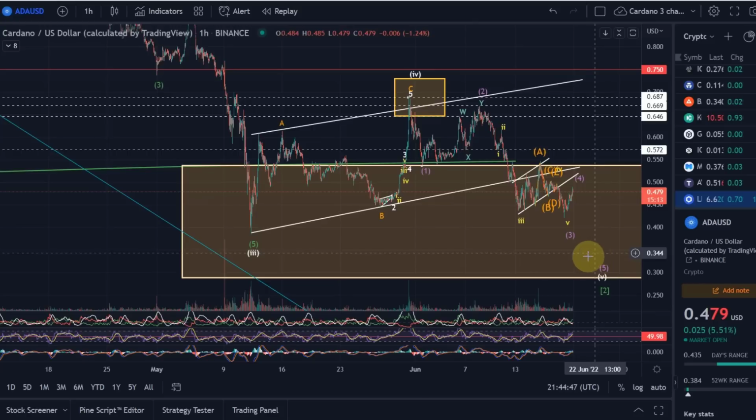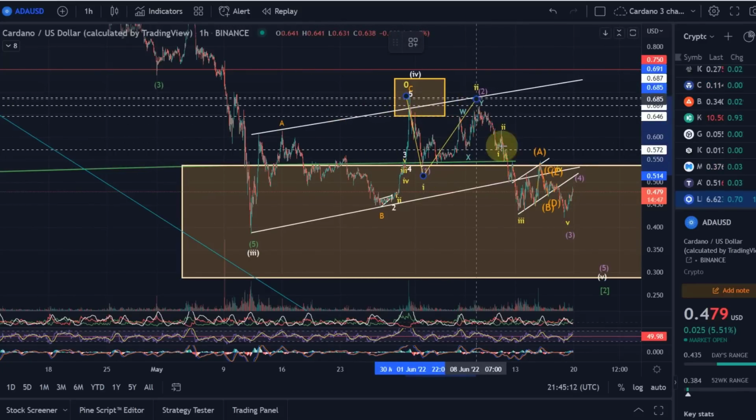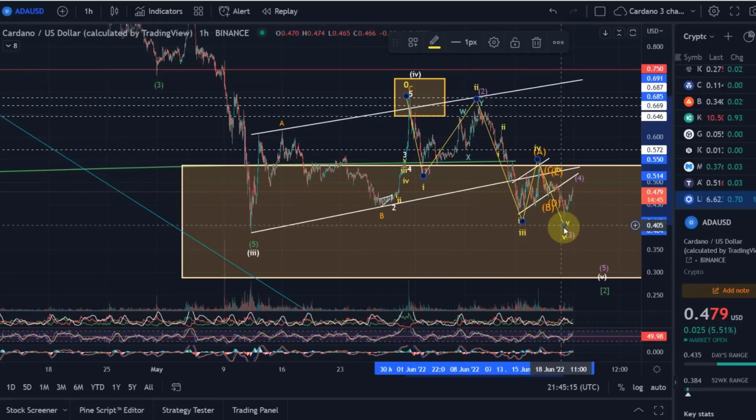Well, as I said, we can count the impulse down. There are certain exceptions that you can apply to make it work. This could just be a so-called truncated wave, which is something I talk about in the trading course on the website. It basically just means that if you have a truncated wave 5, you make your impulse down, and this finishes the overall correction for ADA. It means we're not going to get down lower than the wave 3.